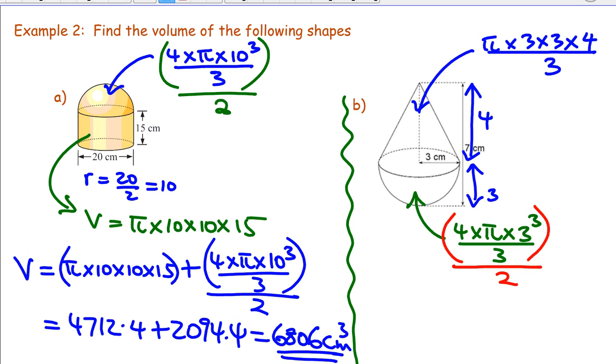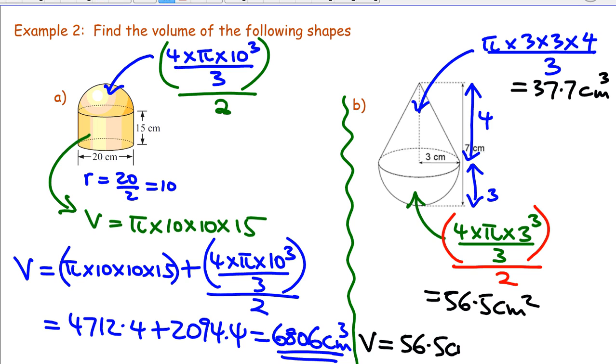If you work out the first bit at the top, this will be equal to 37.7 centimeter cubed, and this one will be equal to 56.5 centimeter cubed, which means that the volume will be equal to 56.5 centimeter cubed plus 37.7, and that gives us